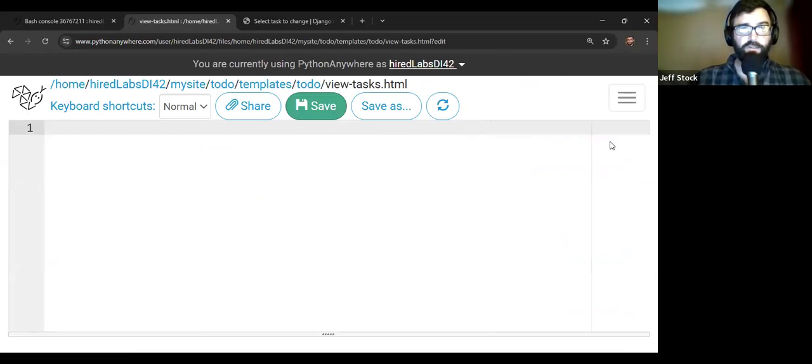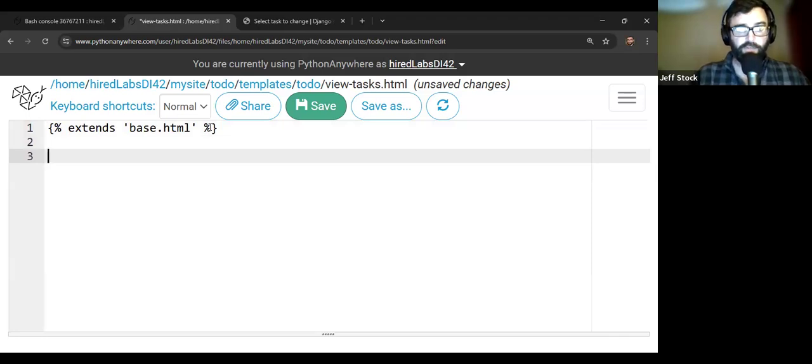our base template. So we use the Django tag, the curly brackets, percentage sign, and I'm just going to put percentage sign, curly brackets right in between it. The word extends with an S, and then the name of the template that we want to extend as a string, so base.html. And then another set of Django tags